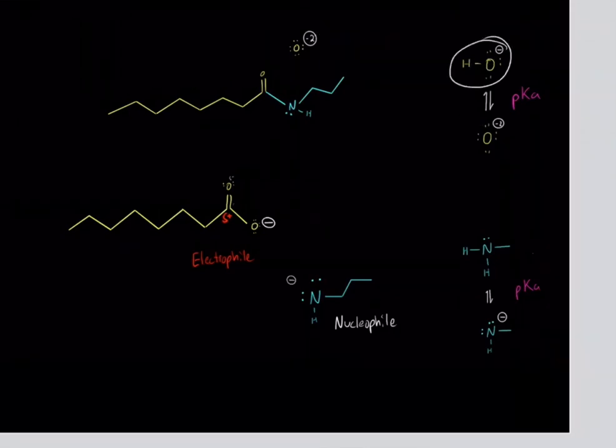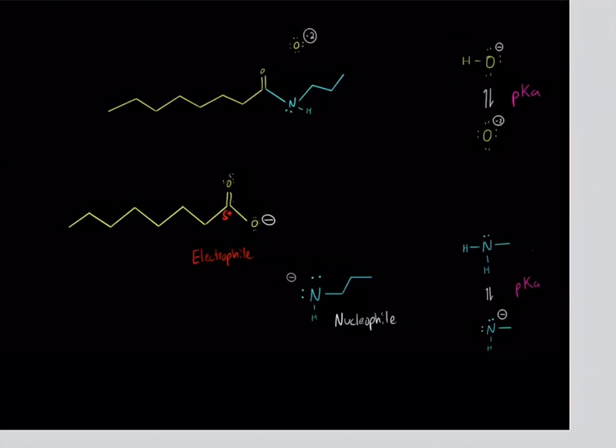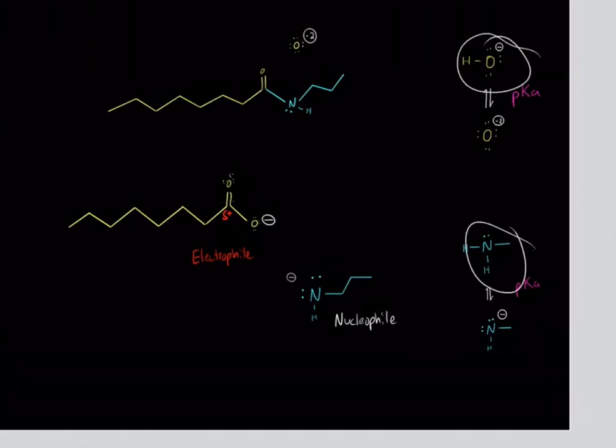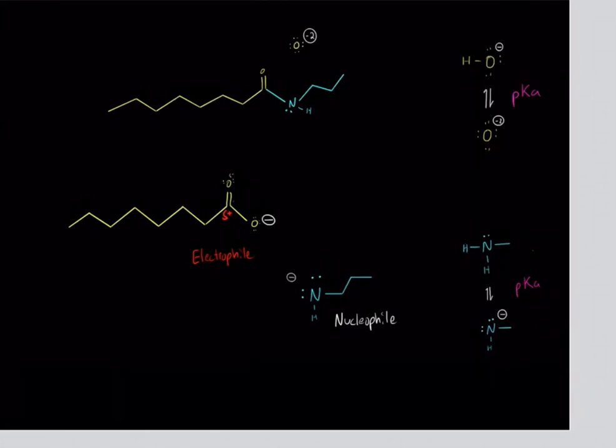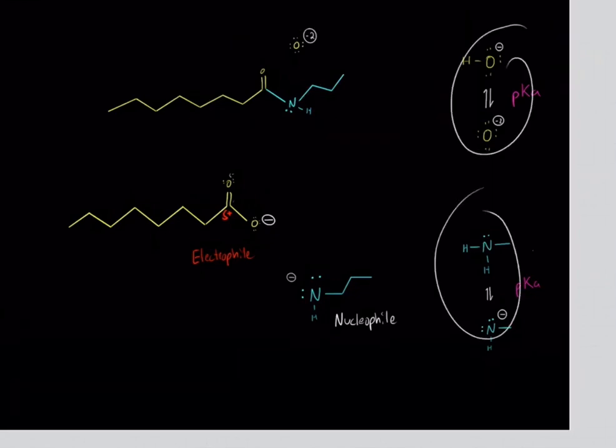If we find the pKa of this guy acting as an acid, the pKa will tell us about the stability of this conjugate base. And then finding the pKa of this guy will tell us the stability of this conjugate base. So finding out the pKa's of these acids, we can quantitatively determine the stability of these guys. So therefore we can determine, once this reaction reaches equilibrium, whether it will favor these molecules or these molecules. So if you're interested in these pKa's and how to